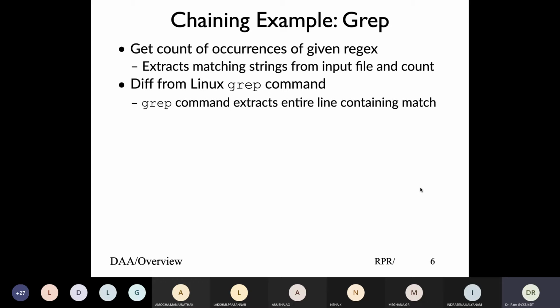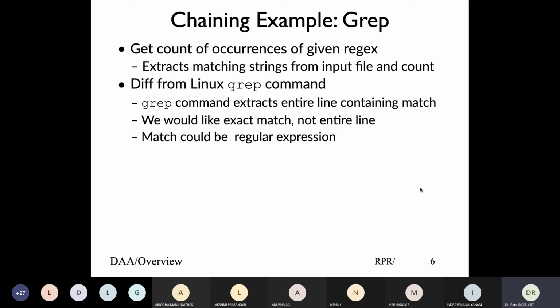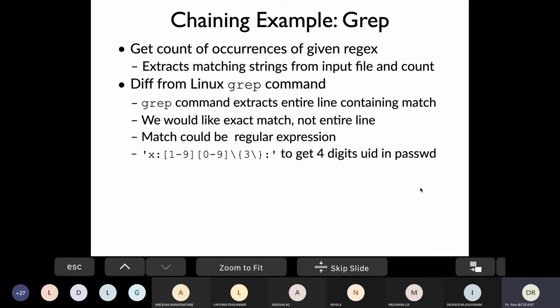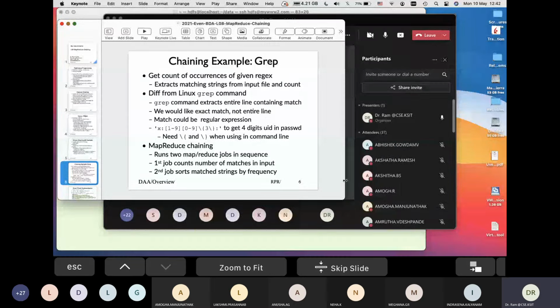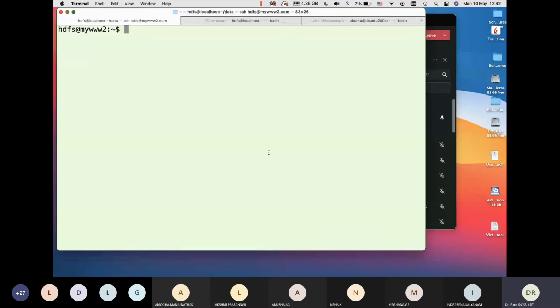What is that? Grep only gives the whole line as output. It doesn't matter whether the line contains 1 match, 2 matches, or 3 matches. So we would like the exact match and not the entire line. And this match could be a regular expression. For example, what does this regular expression do? Let me show you. If we look at a password file,